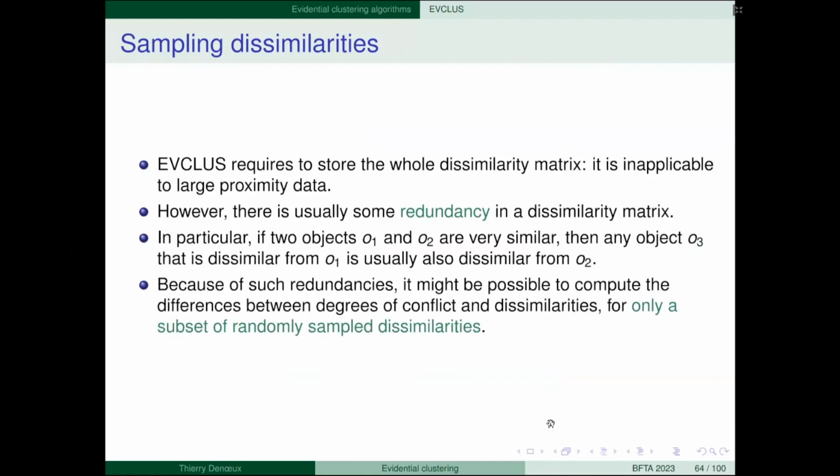You have 2 objects which are close to each other; if you have an object O3 which is far from O1, it is also far from O2. Okay, so this is this kind of redundancy that we can exploit by not considering all the dissimilarities.